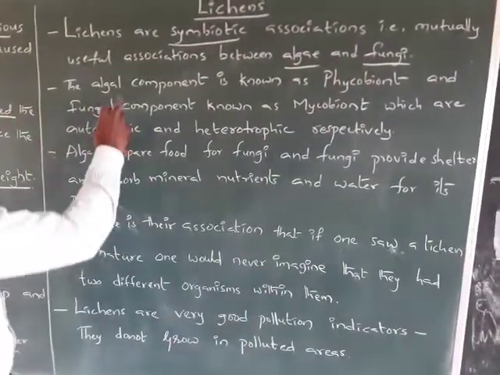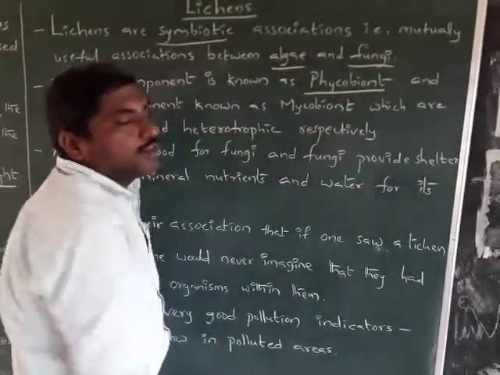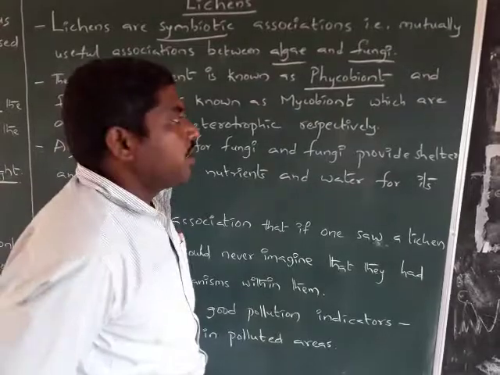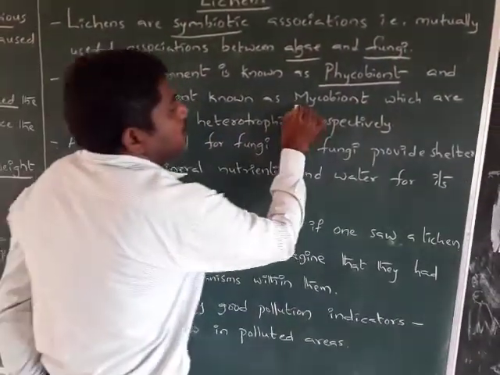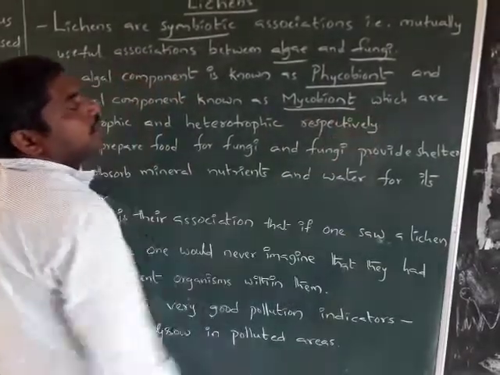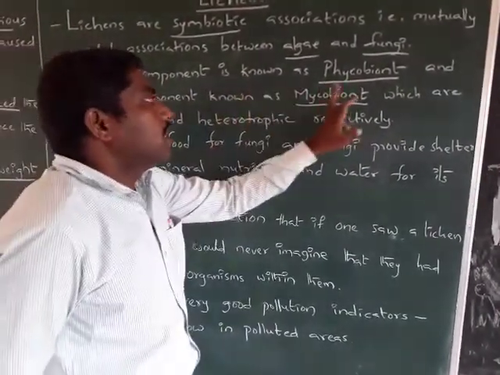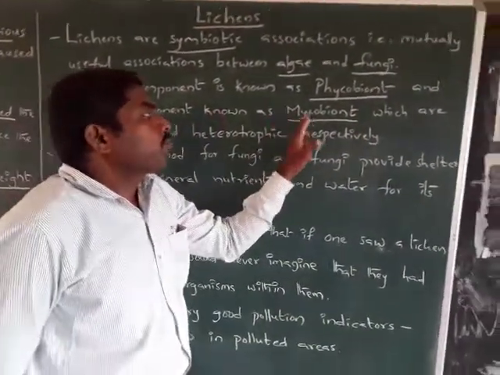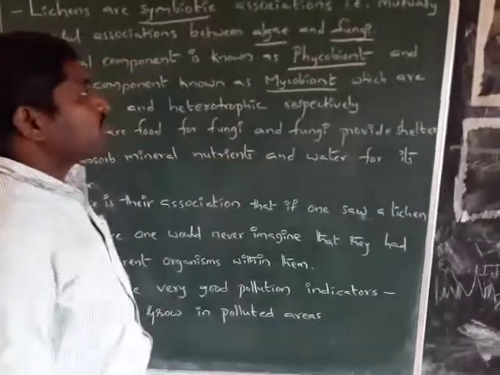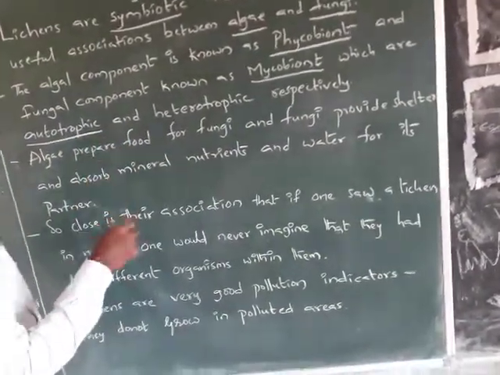The algal component is called phycobiont, and the fungal component is called mycobiont, which are autotrophic and